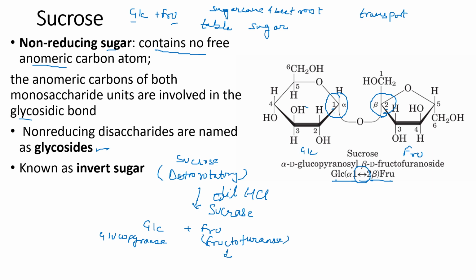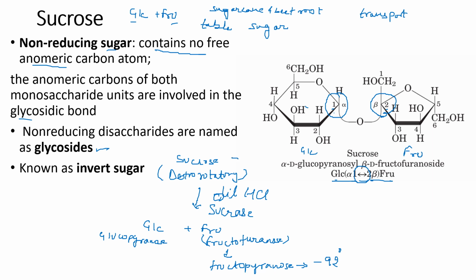This is converted to the fructopyranose form, which has an optical rotation of minus 92 degrees. The sucrose has an optical rotation of